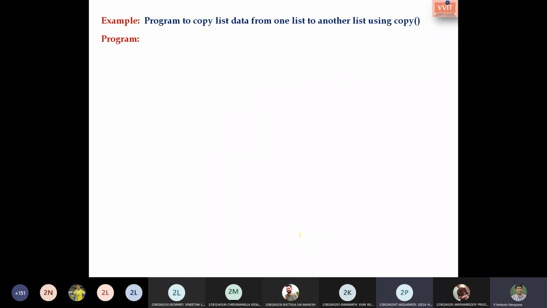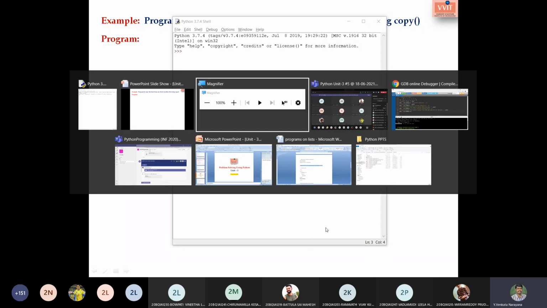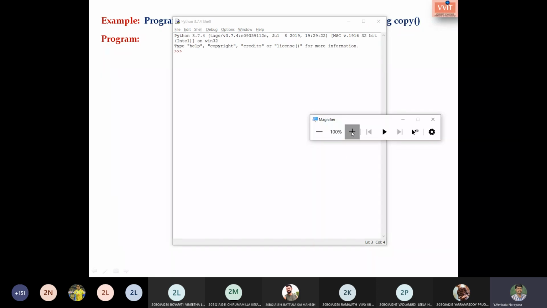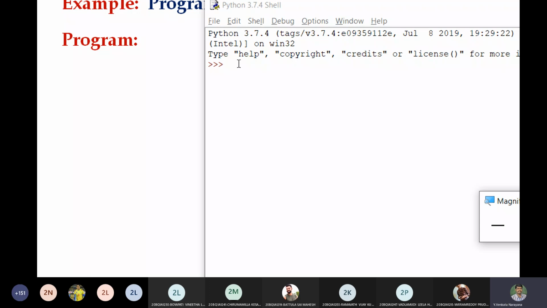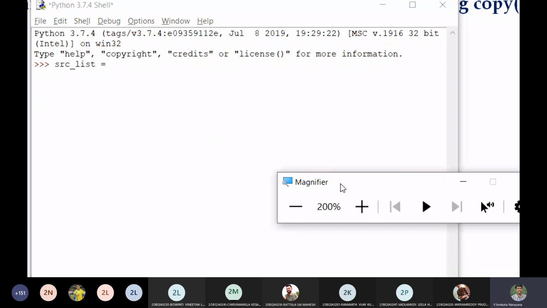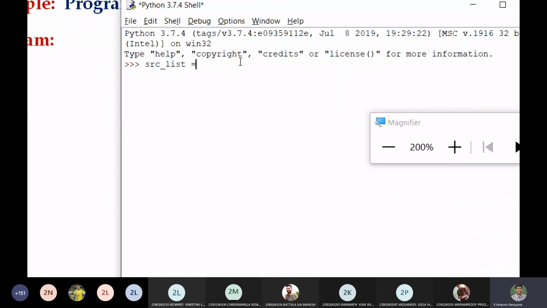As some of the people told me, I am going with IDLE, which will be helpful for you. So see here, I am taking a source list. Is that viewable to you, students? Yes, sir. I have taken a source list. The elements are 1, 2, 3, 4, and 5.